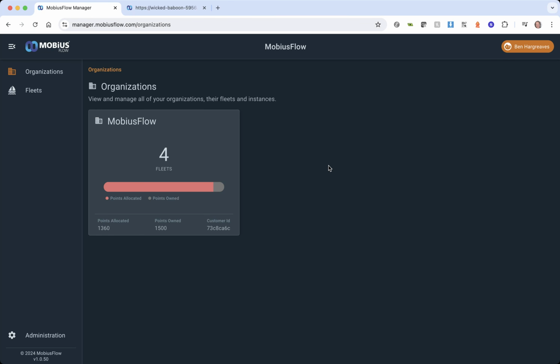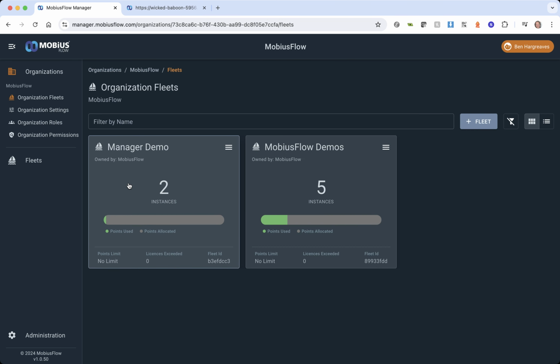Saving time and improving efficiencies is crucial when rolling out instances of MobiusFlow on large-scale deployments or in a production environment. Using MobiusFlow Manager can streamline the copy and paste process when reusing pre-configured instances of MobiusFlow. To do this, simply go to your instance of MobiusFlow you wish to copy,